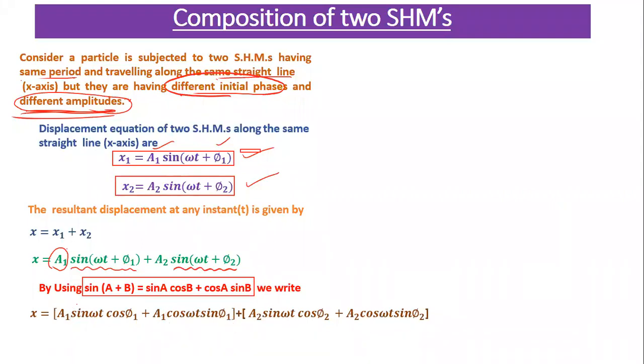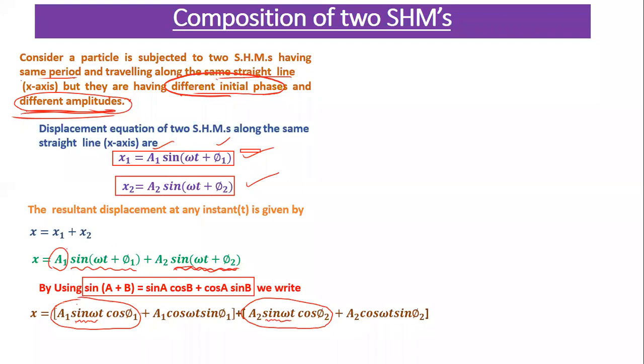Similarly, the next bracket: a2 sin omega t cos phi 2 plus a2 cos omega t sin phi 2. Now you can see the equation very carefully. From term 1 and term 3, we can take sin omega t as a common term. Here also sin omega t is there. So after taking sin omega t common, we get